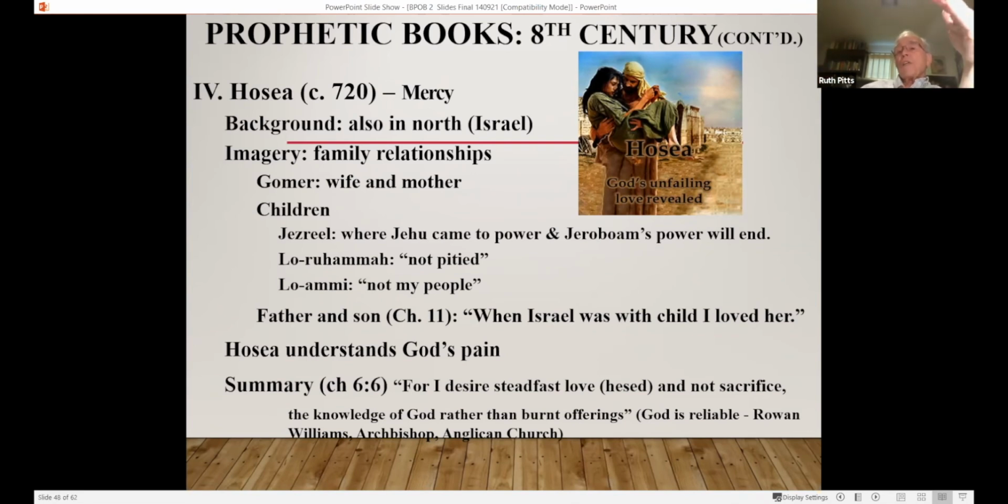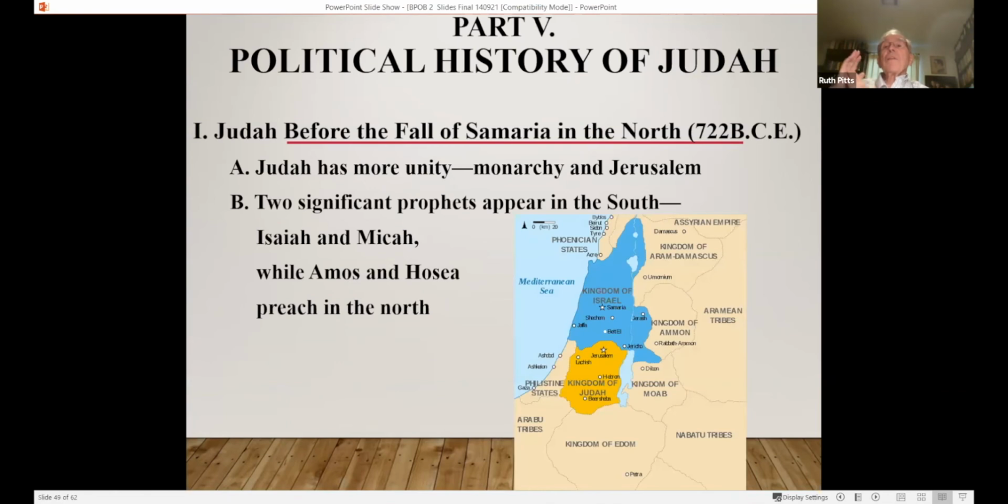Rowan Williams, who was the Archbishop of the Anglican Church in England, is a wonderful theologian. And he has a book in which he uses the term tokens of God's care and God's love. So actually, if you take these last two that we've talked about, Amos is really interested in the justice, and Hosea is really interested in the love of God. So for people and for God, again, the prophets are summarizing those essentials. All right, we're getting near the end.